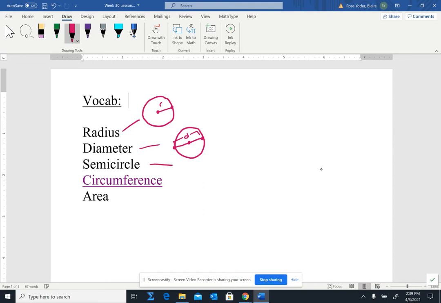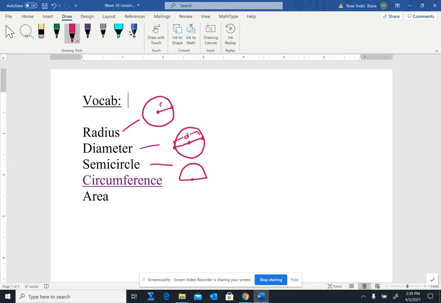And then a semicircle is half of a circle. So anytime that you see the prefix semi, or you might see demi or hemi, those are all related. They all have something to do with half. So semicircle is half of a circle. So what we're going to be focusing on this week is the circumference of a circle and the area of